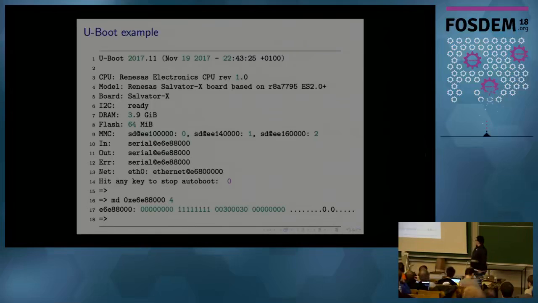What else we have in that print is some information about the hardware which is available, how much DRAM you have. On this board you have some MMC controllers, serial port controllers, Ethernet, whatever. Ultimately you reach the autoboot countdown. Now if you let it come down to 0, you would execute this autoboot command, which usually means start Linux. It can be anything, but in most cases it's just load Linux from somewhere, start it, and that's where you end. Now you can interrupt that autoboot countdown, and then you will drop into the Ubuntu shell